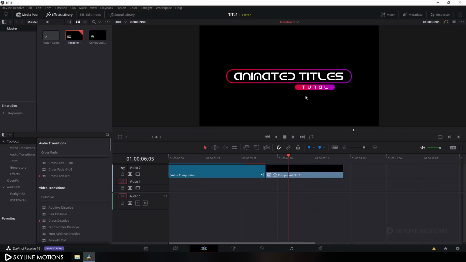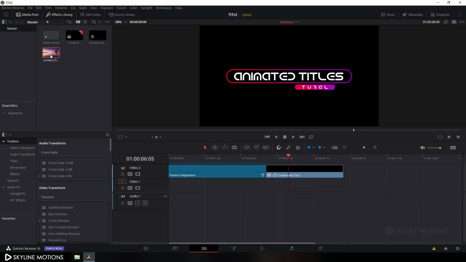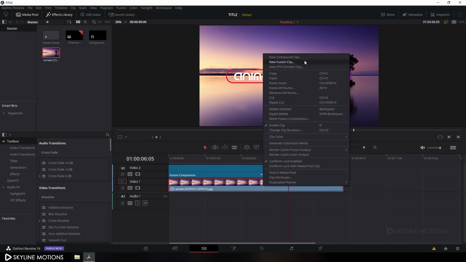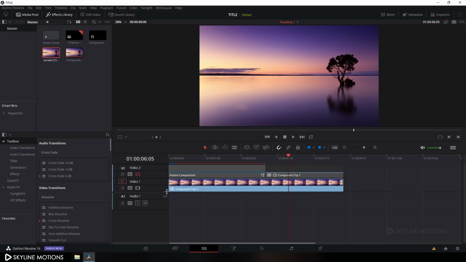And now let's apply this text animation on a background. So go to media pool, right click on that, click on import media and select this image and click on open and drag this image on this timeline like that. And let's fit this image and right click on that, go to new compound clip and convert this image into a compound clip, click on create and let's hide this upper layer for a second and go to fusion tab